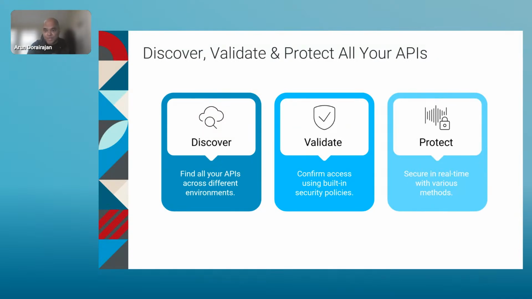And finally, Protect. We go beyond static rules. We offer real-time protection with tokenization, IP limiting, volume anomaly detection, and usage thresholds. Plus, full visibility into who's accessing what, when, and how. And the best part about this is you can manage it all from a single pane of glass, one platform for discovery, governance, analysis, and enforcement across all your APIs and teams. And that's how Amplify brings order to chaos and security to the edge.